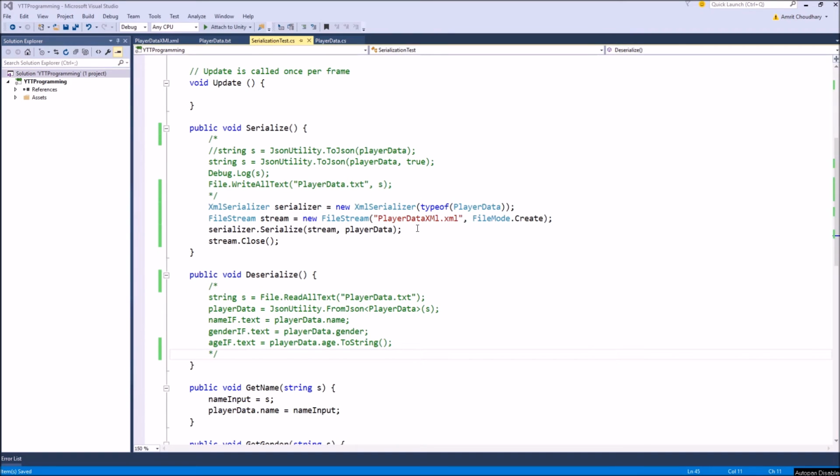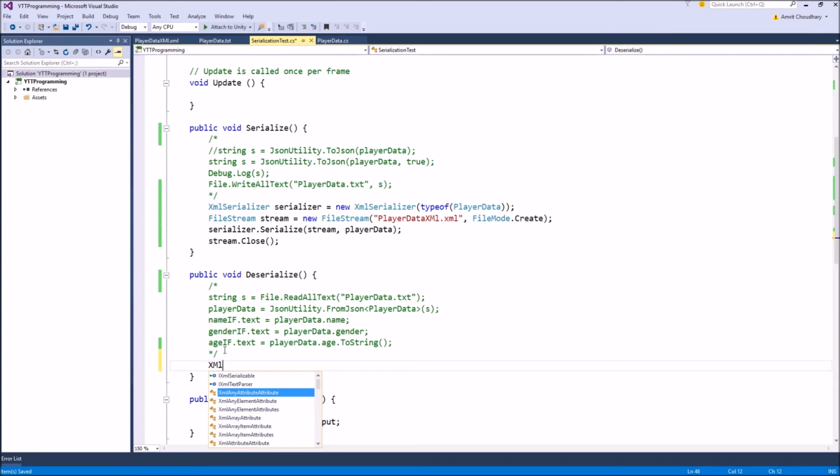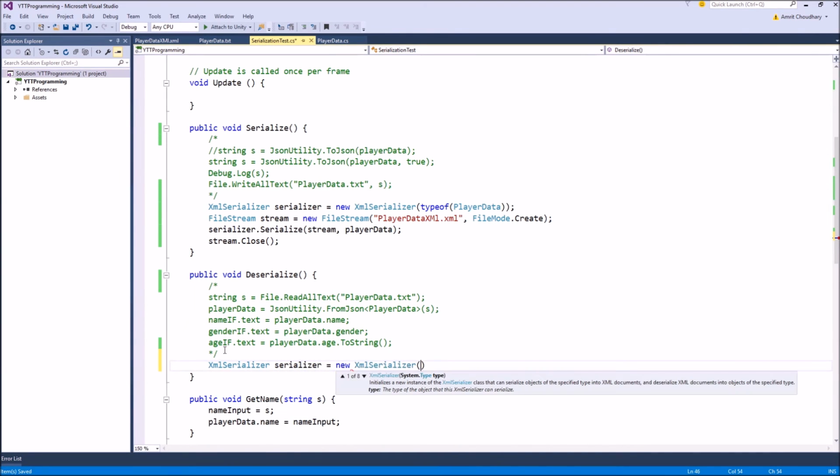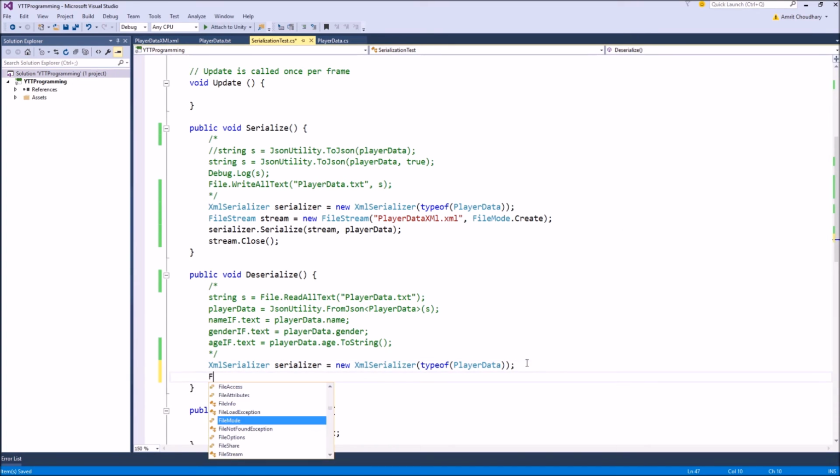The deserialization operation is very similar. We first create an XML serializer object, providing it with our class type that we want to deserialize. So we can write XML serializer and give it the type of our object, which in this case is player data. Next we need a file stream which will read the data stored in the same file where we serialized our object, and we can do that by creating a new file stream,